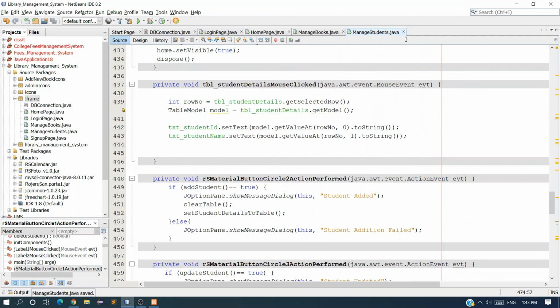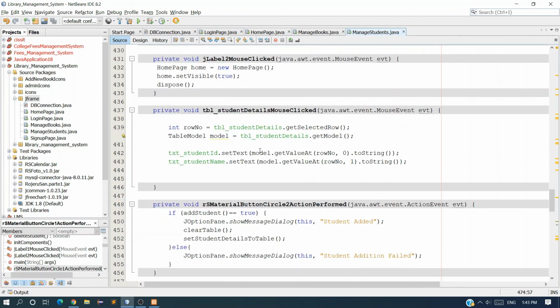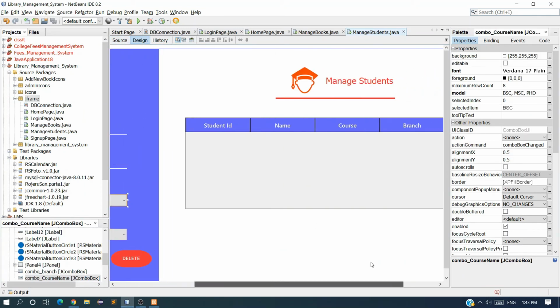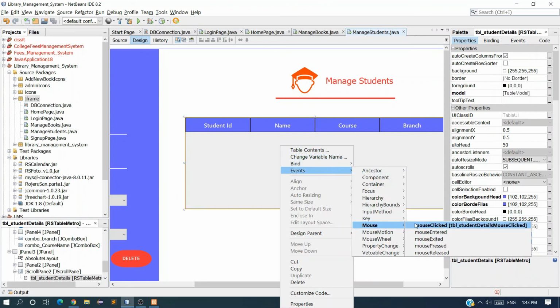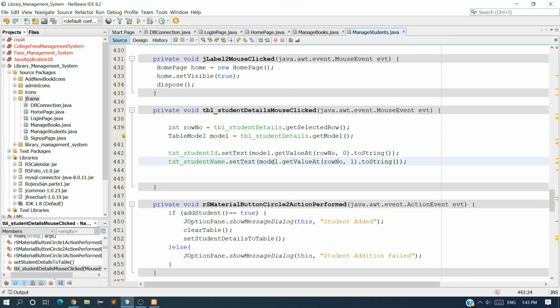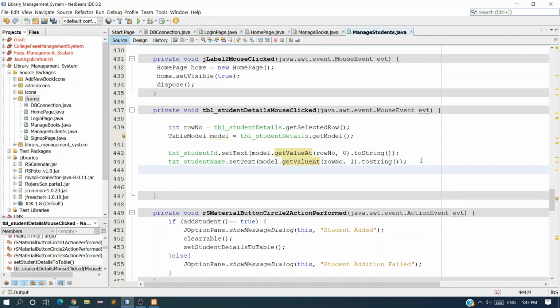Okay, done. Now you can see we don't have any errors in the file, but we have to also modify this event which we have applied on this table. You can right click on this table, event, mouse, and mouse click event. Here you can see we have just set the data for these two text fields. We also have to set the data in the combo box.